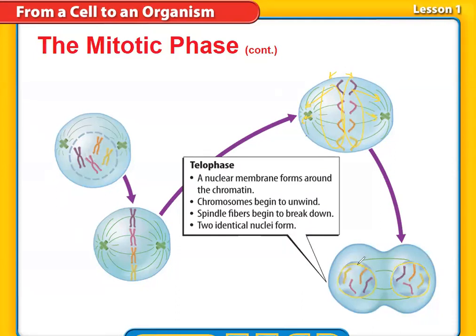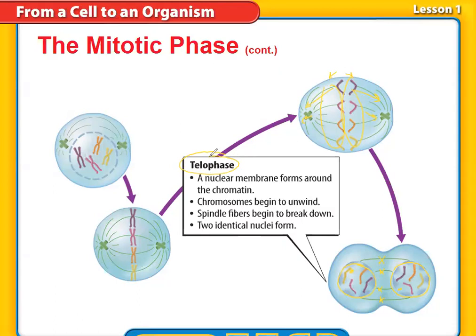So here the nuclear membrane starts to envelop, or surround, the chromosomes one more time. After a while, the nucleolus will appear and the spindle fibers will disappear gradually. So we find that at the end we have two nuclei inside the cell, yes or no? The changes which happen in telophase are completely the opposite of